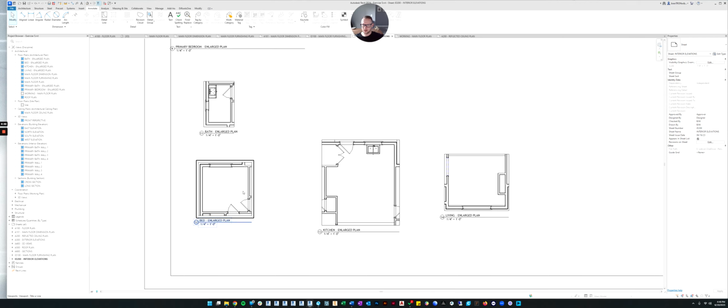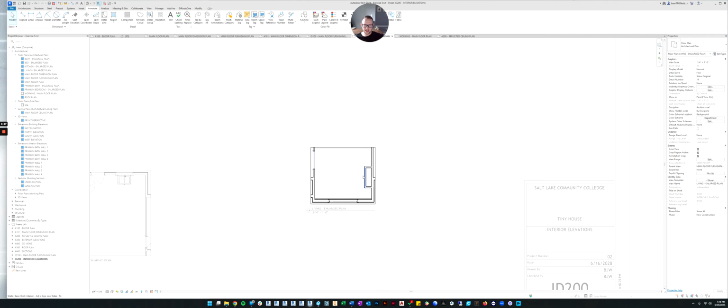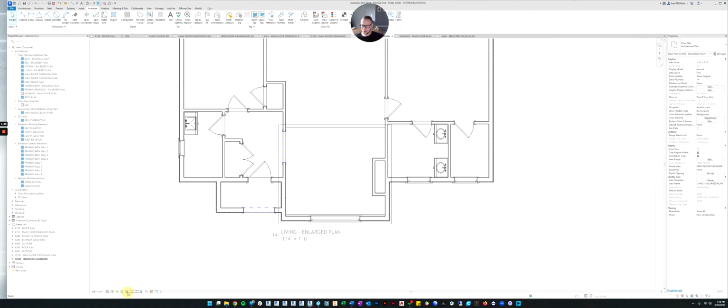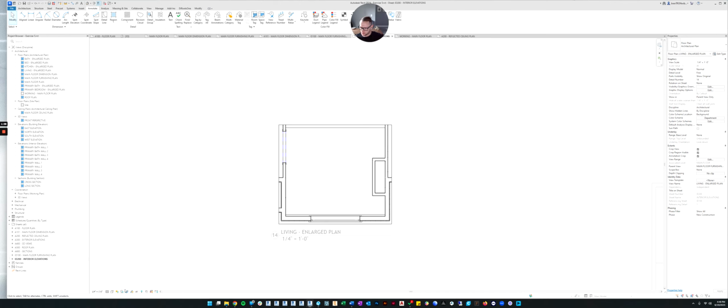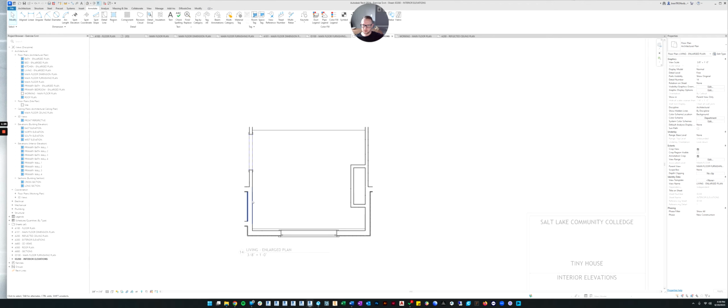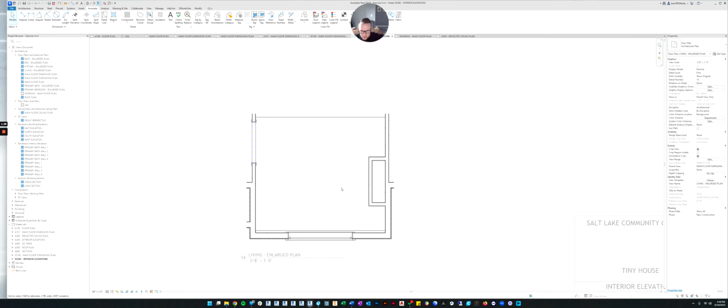So let's just pick one of these. I'm going to move it over. I'm going to double click to activate it. I'm going to do a couple things. First thing is I hate seeing the crop region, so I'm going to shut off the crop. Oops. I accidentally shut off the cropping. We want to keep the cropping on, but shut off the crop region. There we go. And now we also want to change the scale. If we're at a 1/4 inch scale now, let's go up to 3/8 inch. So it'll make it a little bigger. And then everything else looks pretty good.